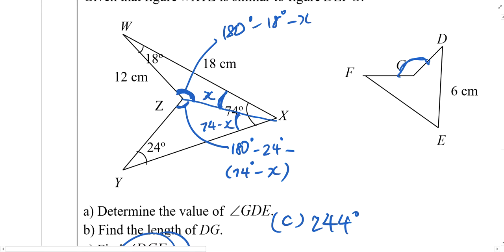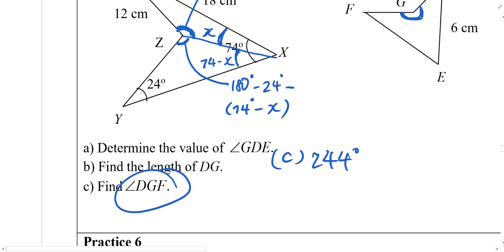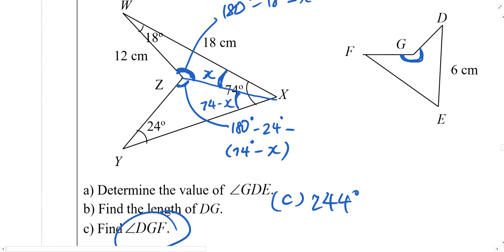Okay, apparently they are requesting for this angle. Okay, it is not explicit in the question DGF. It can actually mean the reflex, can mean the obtuse. Regardless, as long as you know how to find one, you can find the other, right? Because it's just 360 minus. So since I gave you the answer as 244 just now, we shall now find this angle over here, which is actually made up of